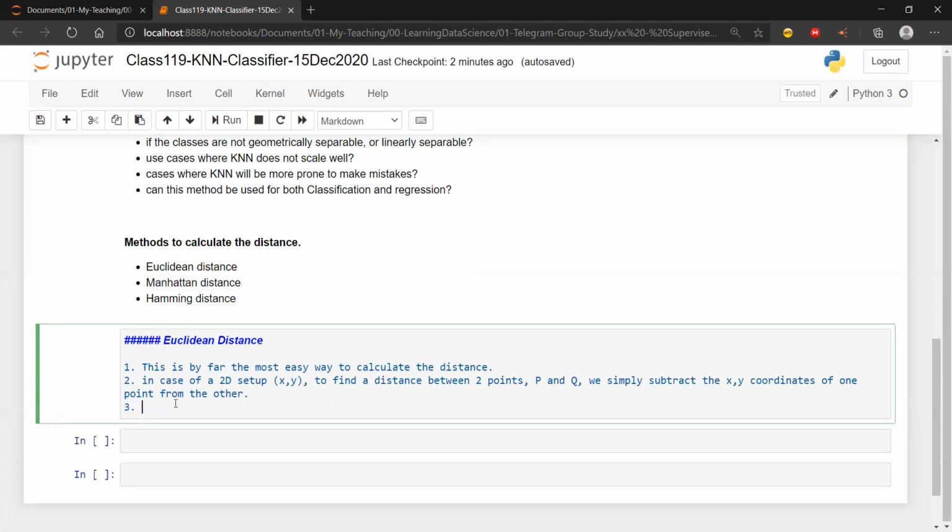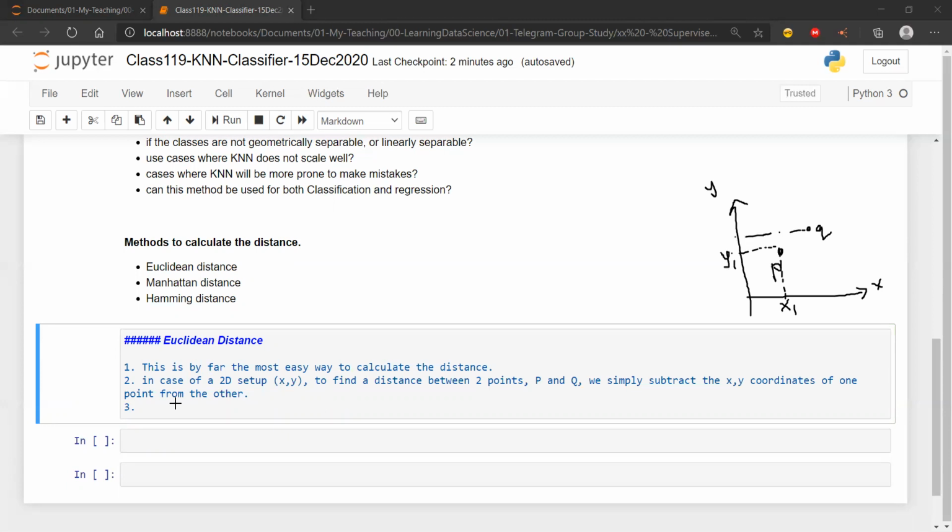How are you actually measuring the distance here? You are taking the x and y coordinates. Let's say I have two axes, one axis X and one axis Y, and I have two points over here, P and Q. If I project perpendicular lines from P on X and Y, it is going to have some values X1 and Y1.